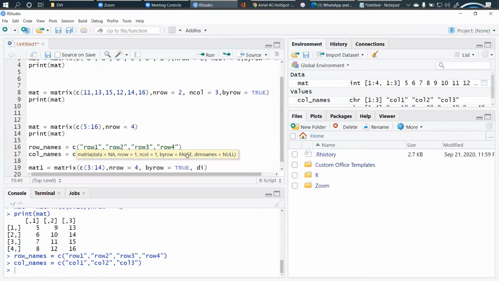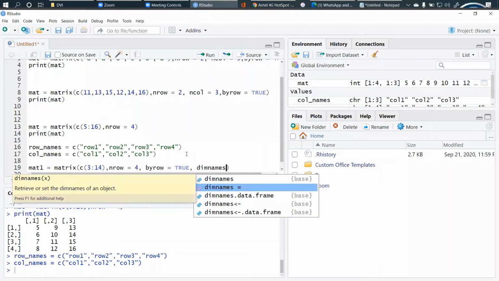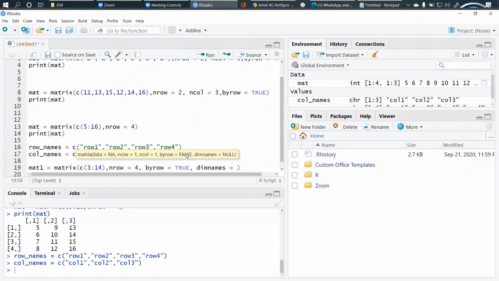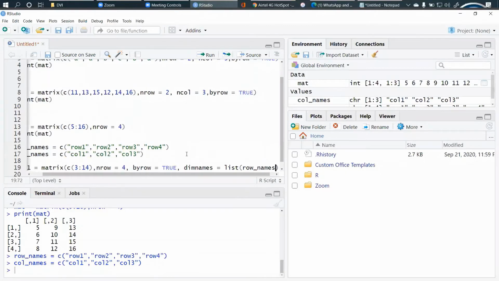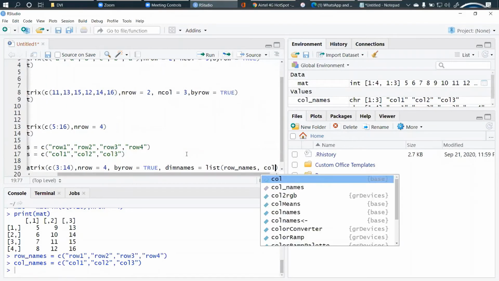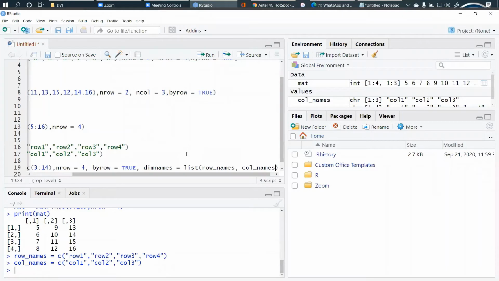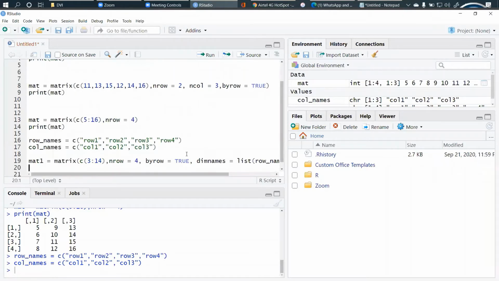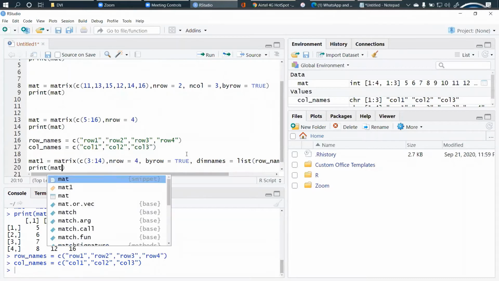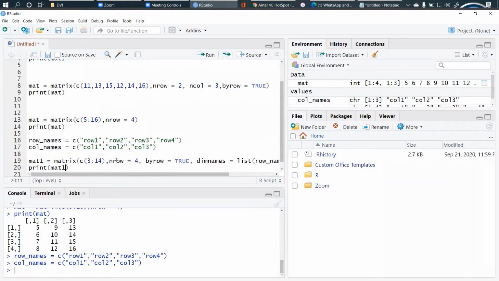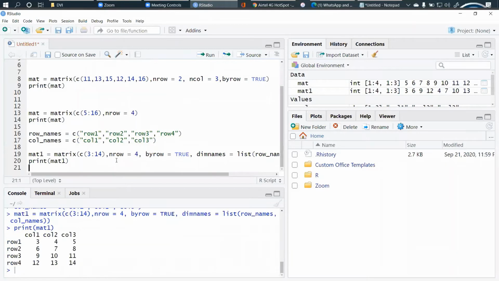And dimension names, provide it as a list. So what list we are going to provide here: row names and column names, these two. After that we need to print it as mat1. So I'll create this matrix and print it.